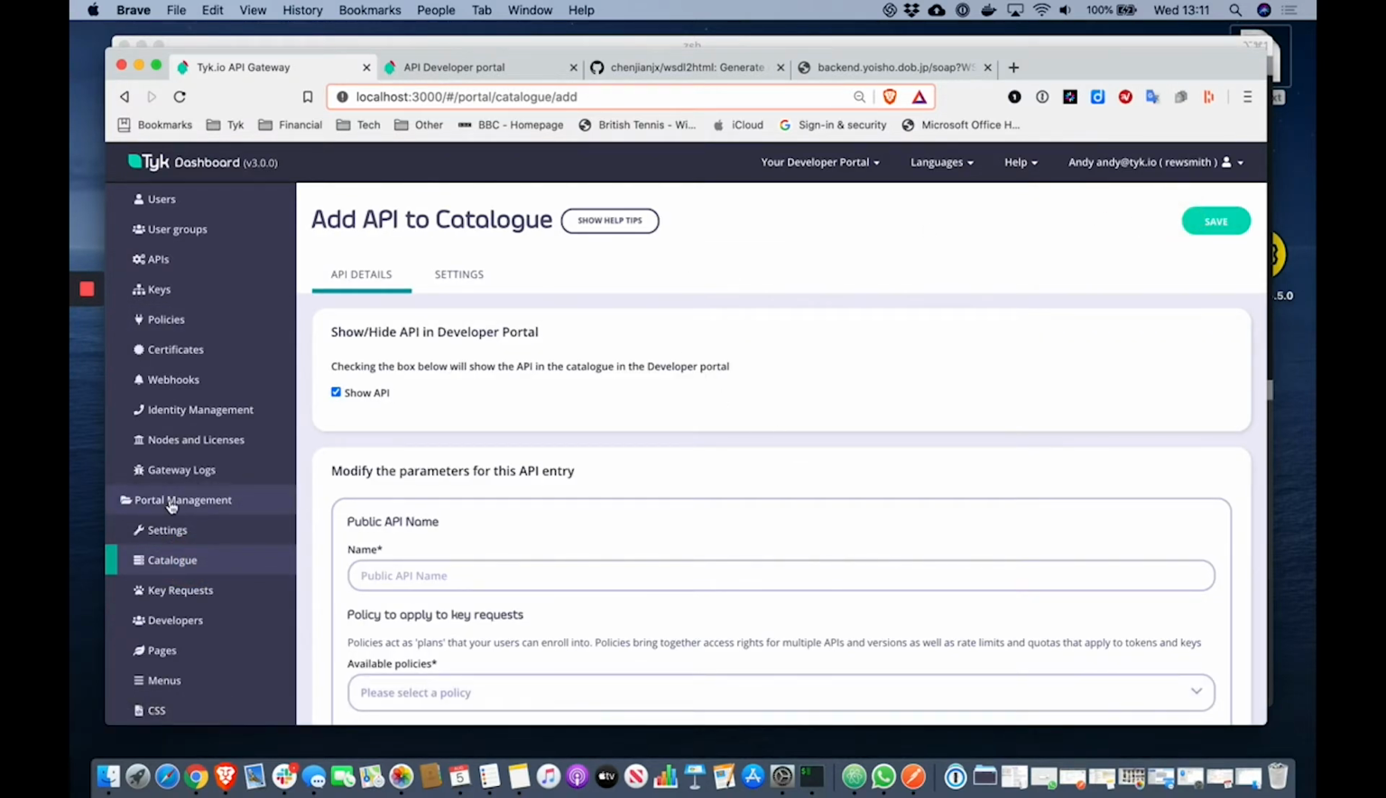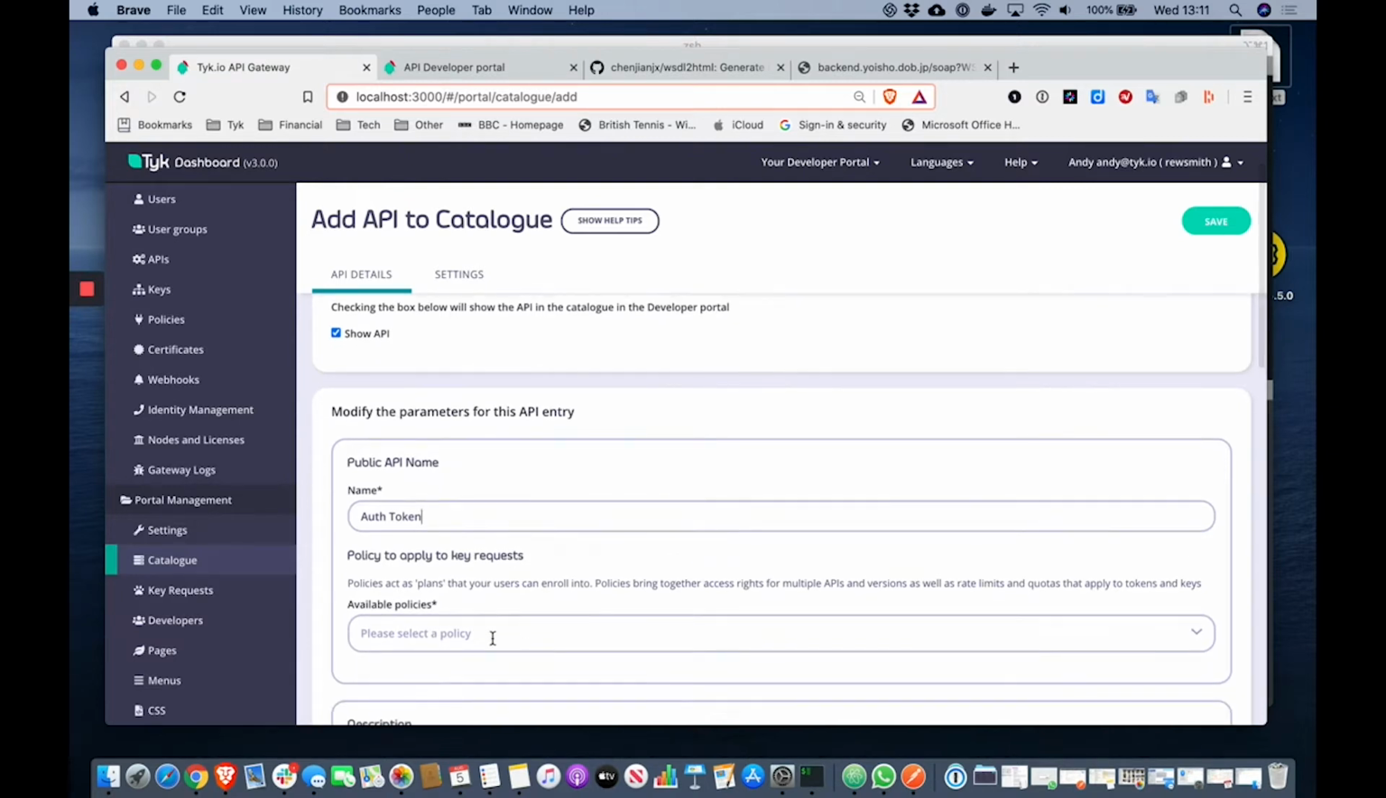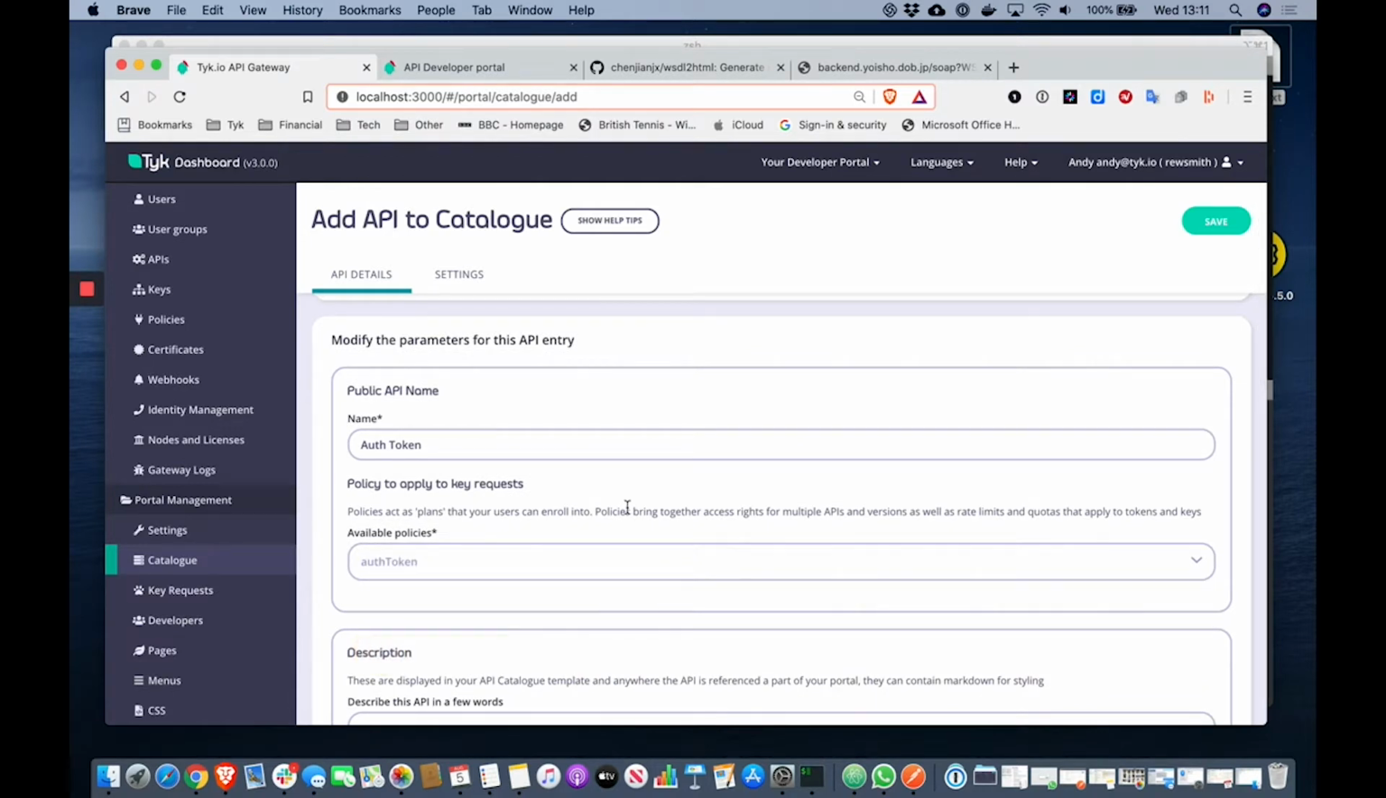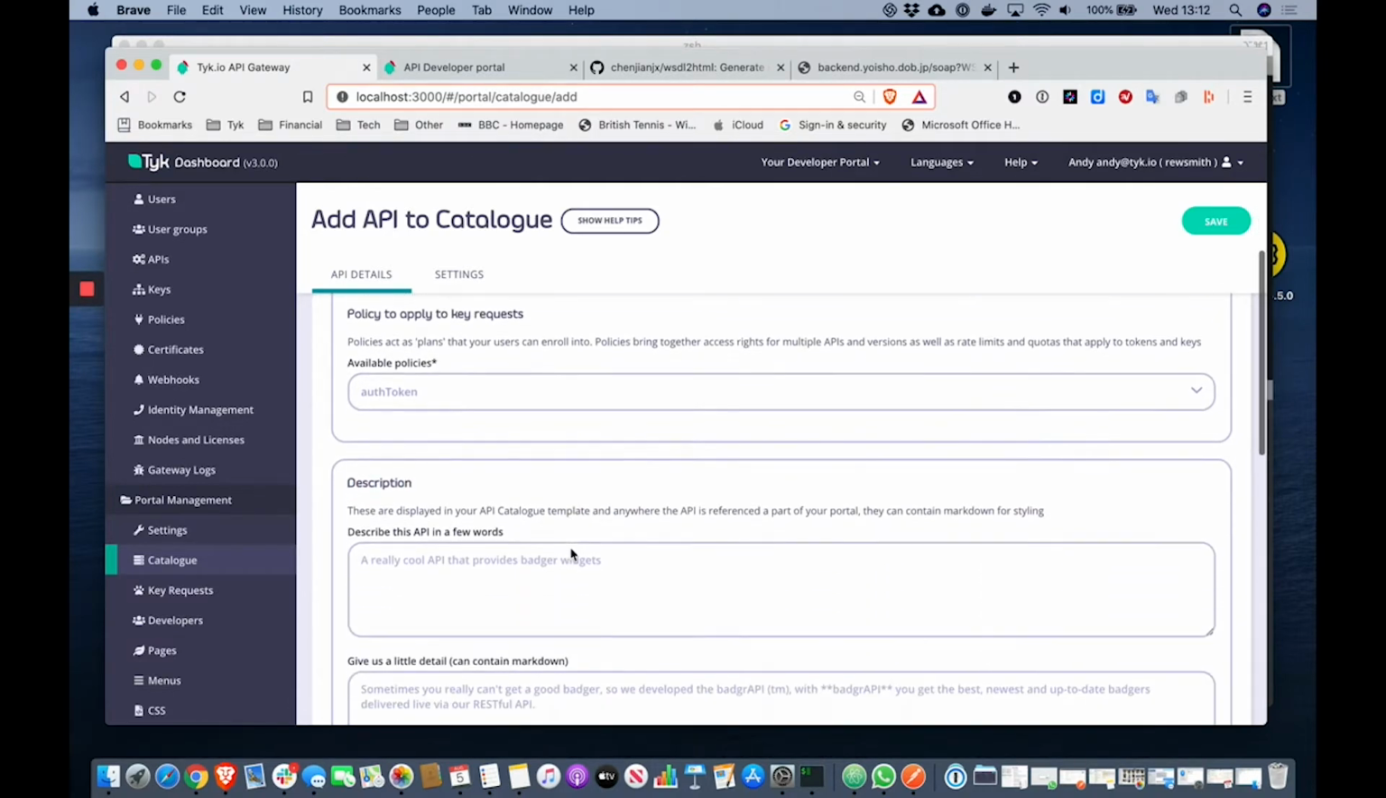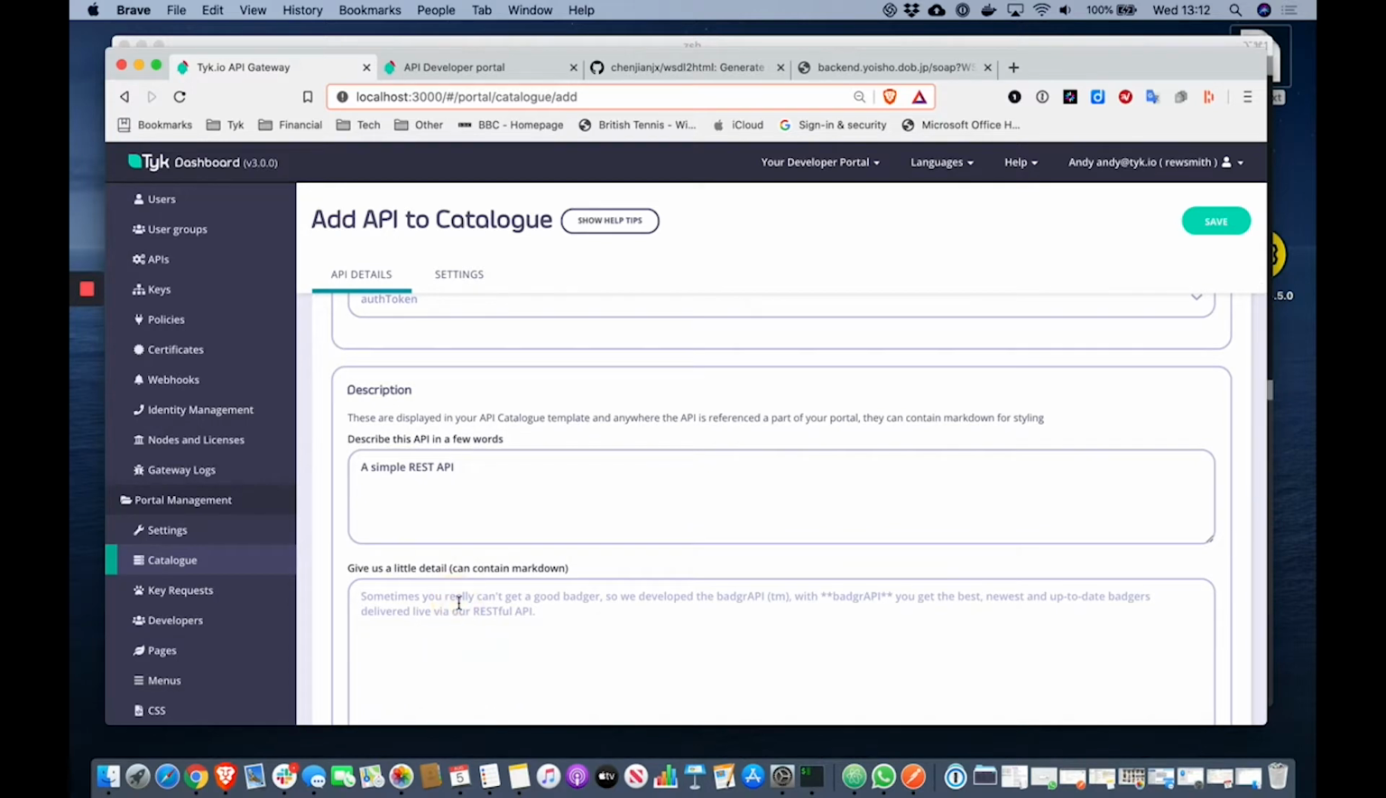If I come into portal management, catalog, I provide a public API name. As I said, what we publish here is more akin to an API product, so it could in fact be a collection of APIs, but what we're doing here is publishing a single API just to keep things simple. So I select a policy within which we defined which APIs were available, give it a description, a little bit more,